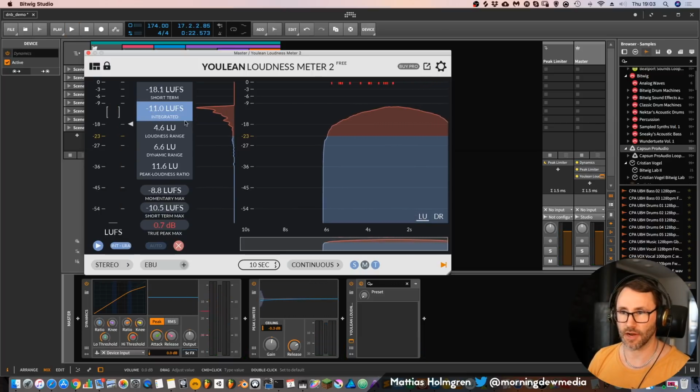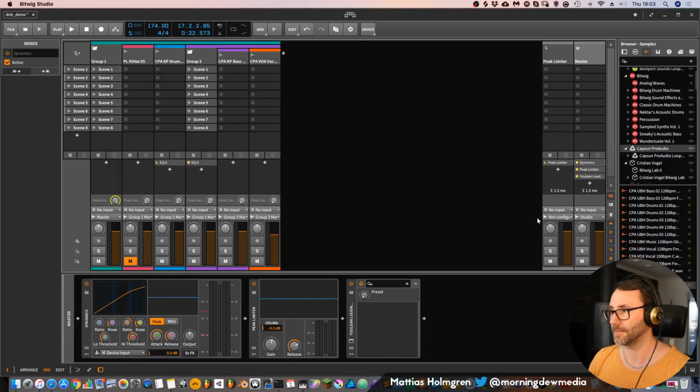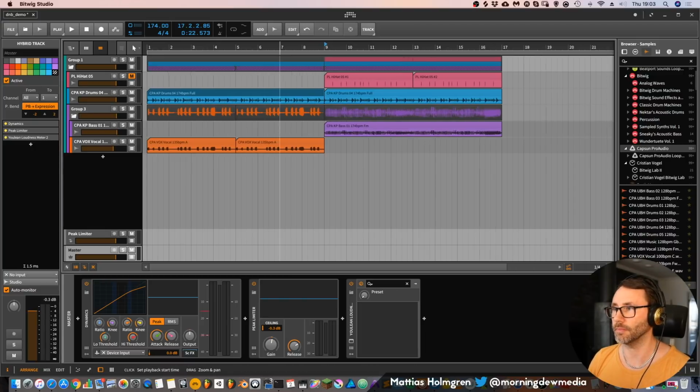So we have around -11 dB integrated loudness here for this little loop.